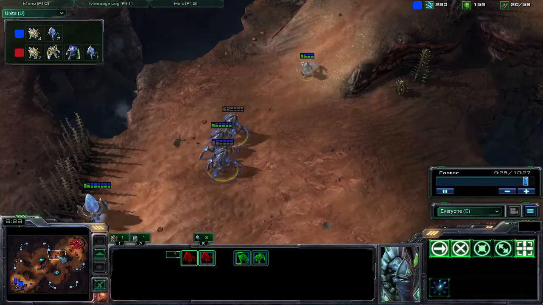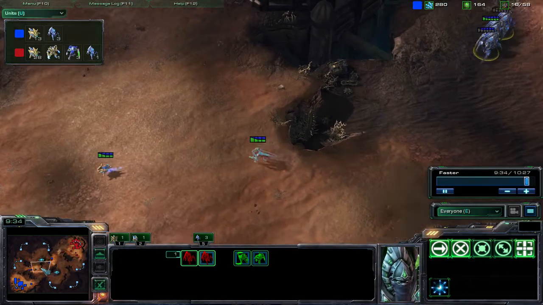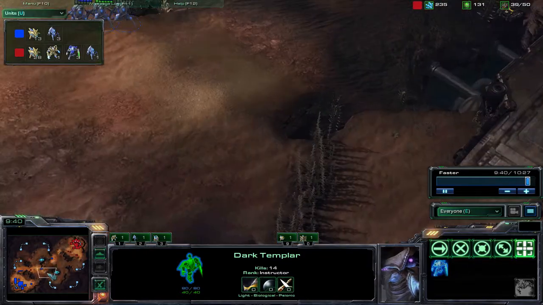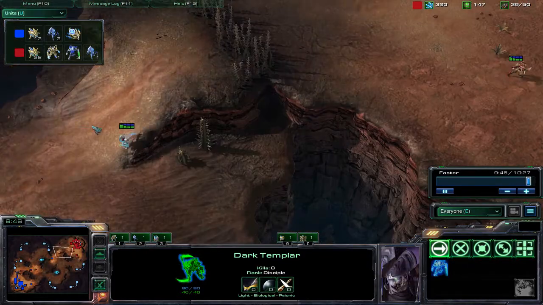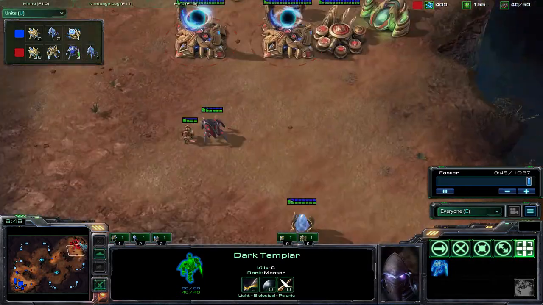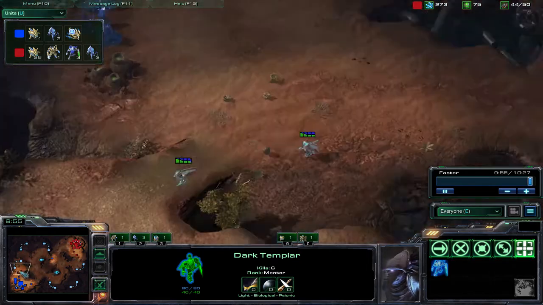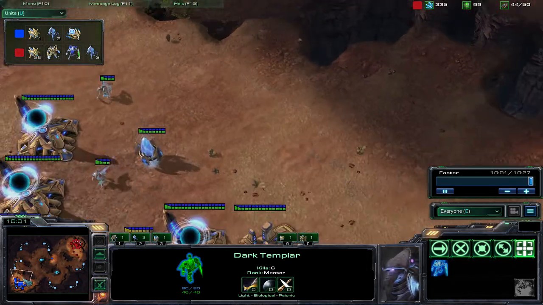Killing that pylon so he has no idea what's going on in the back door, and running to his probes on the other side, but there is a DT following those probes, which could cause a lot of problems as well. If you see another DT following these stalkers, and it looks like there's a DT on its way, and HuK has been just phenomenal. He's doing very good this game. I did not think I would see